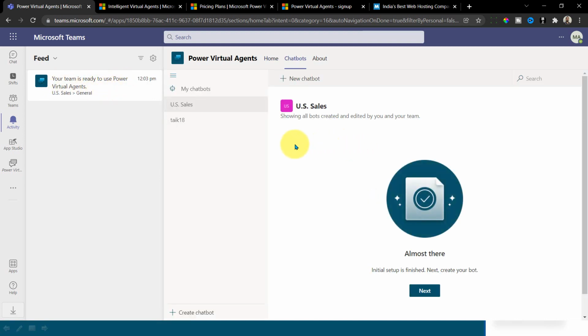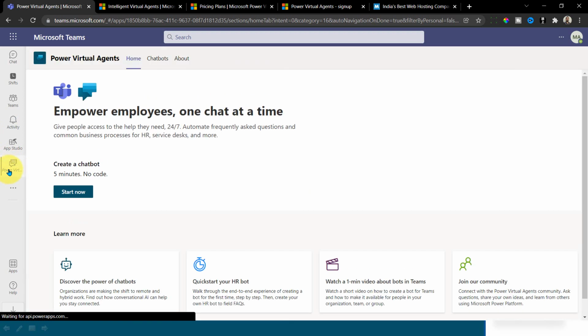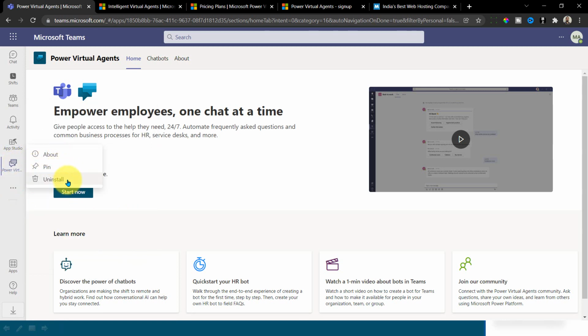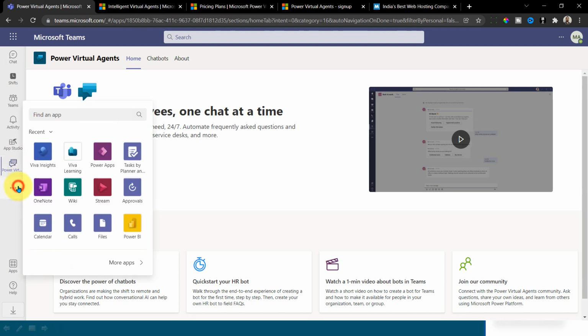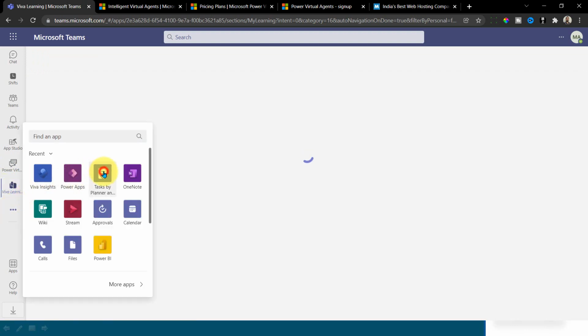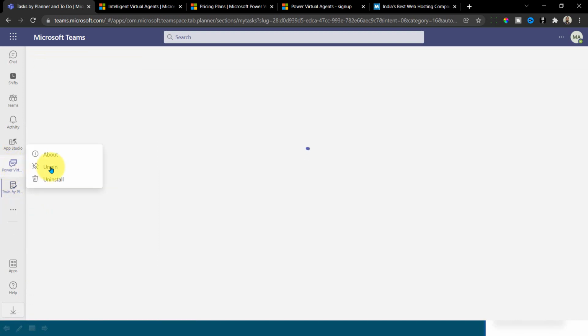Okay, so it's the same screen which I just showed you. Here, if you added this application by clicking on this one and adding it here, and you right click here, you get options like Pin and Uninstall. You click on Pin just to keep it here, because if you click here and search for something else, here now we were learning is here. If I click here and click on Task Web Planner, then this will override this area. If you want to keep this static, then you need to right click this one and use the Pin option here.